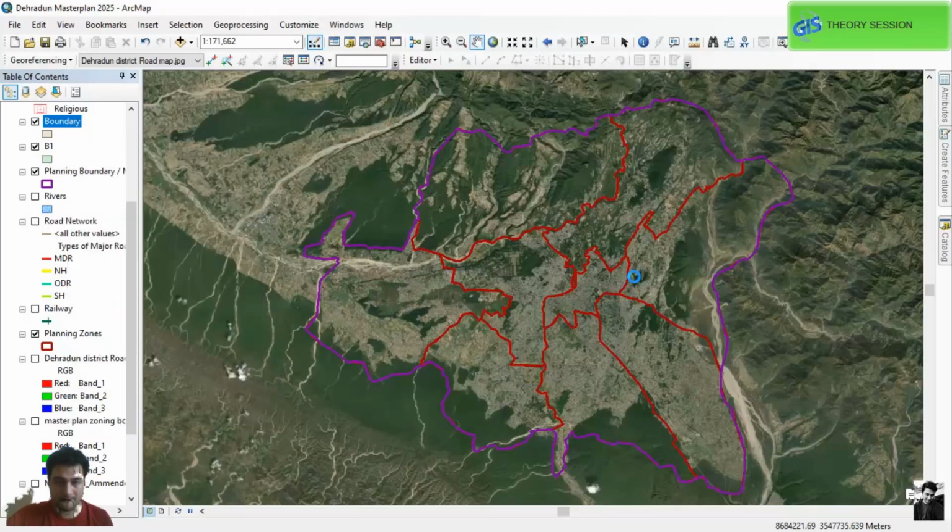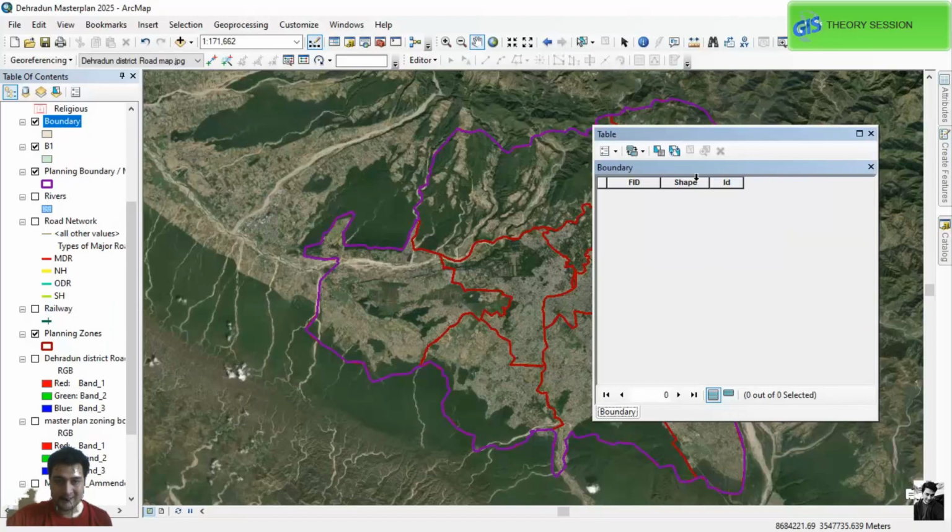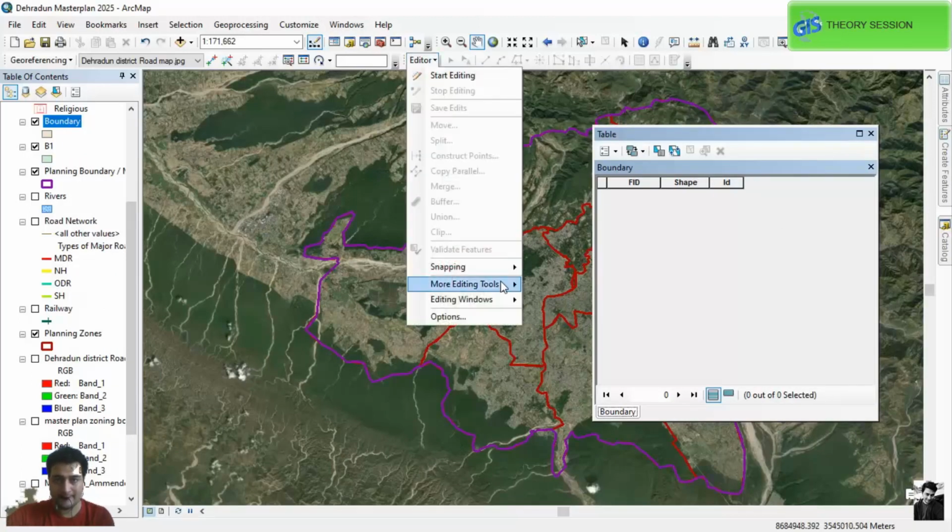So this is the attribute table. While working within the editor, editing and creating the map, I can access the table and put the values directly. While in a geodatabase, it is not possible to do this similar scenario.